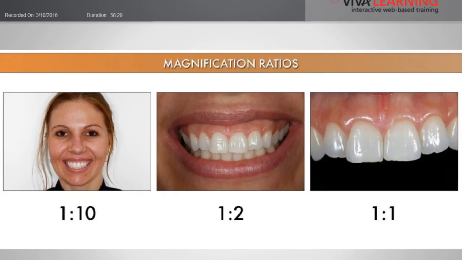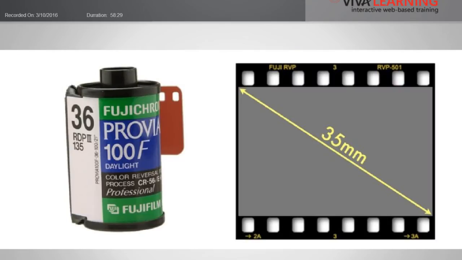Also, mirror views, upper and lower occlusal views, will all be the same size straight out of the camera. And the way that we can achieve that is by using magnification ratios, which is something that you set on the barrel of the lens, and it's really essential to use this if we're going to have reproducibility. So all focusing is done manually once the magnification ratio is dialed in. And really, I'm just mentioning this now as a reminder, but if you need a full explanation of magnification ratios, again, go back to the Art of